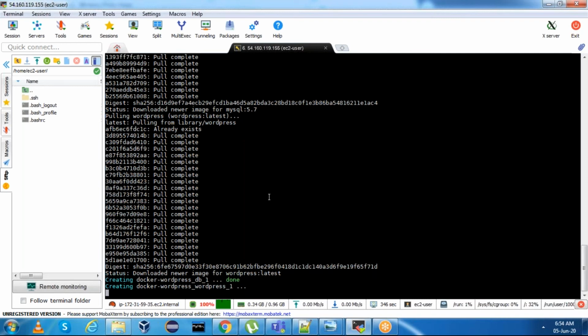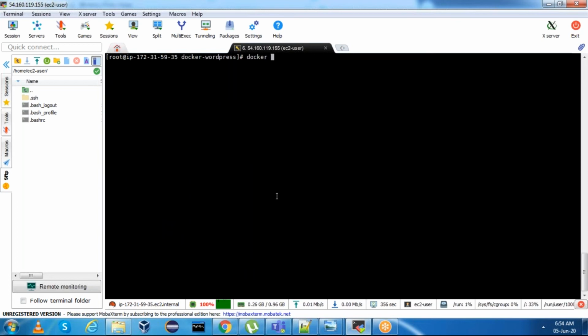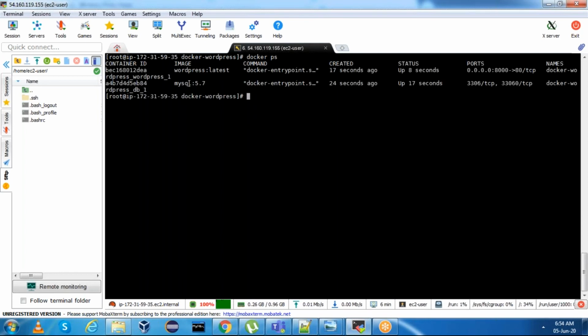Okay, it has created docker-wordpress-db and it is creating docker-wordpress-1. Let it finish, then we will see docker ps. See, docker ps, it has two containers, right?